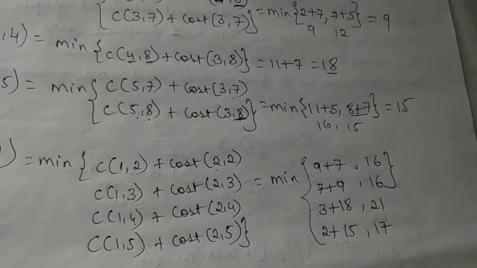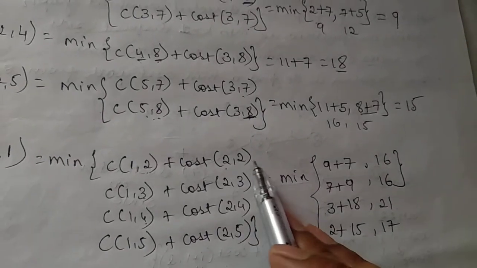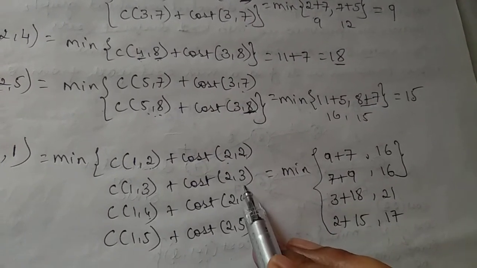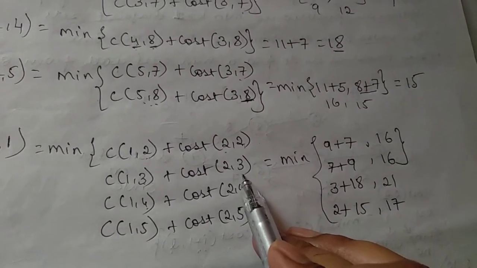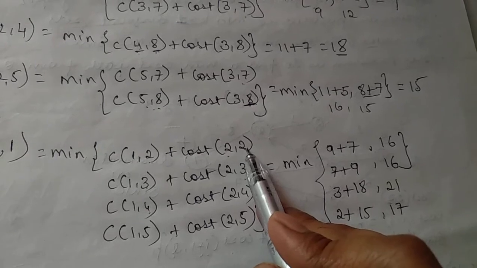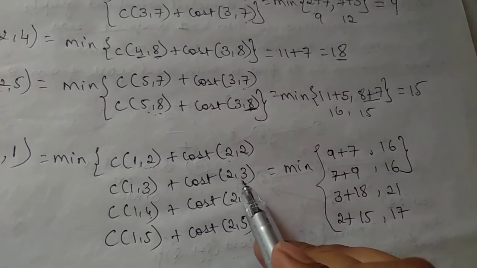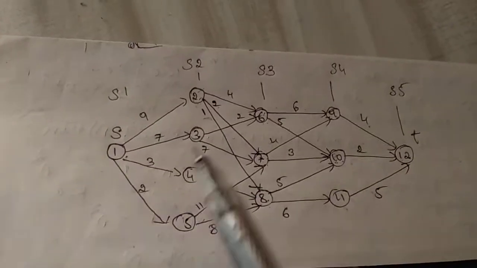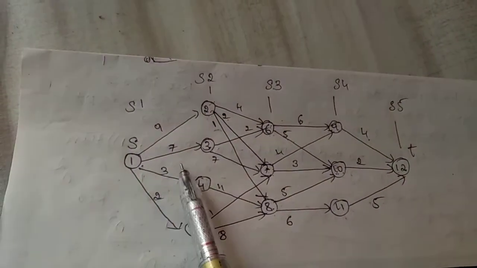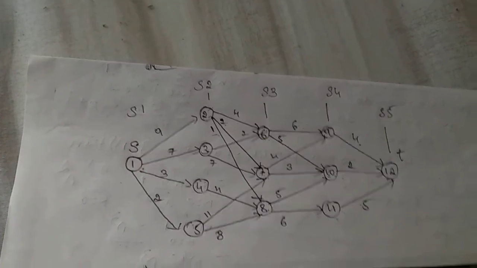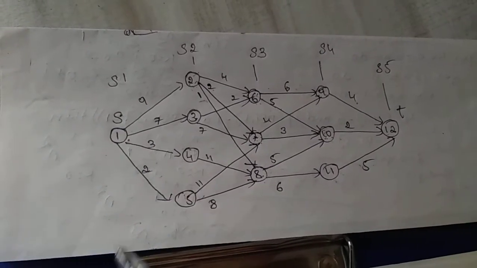Two you have. What is the meaning of this? Either you can go to vertex 2 or vertex 3. You have two options. If you go to 2 also, you'll get the same cost. If you go to 3 also, you'll get the same cost. Okay. See, just to see here, 2 and 3 are minimum, but these two are not at all there in the list. This is what we have to use the formulas.